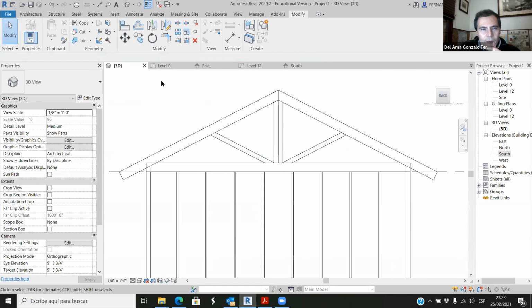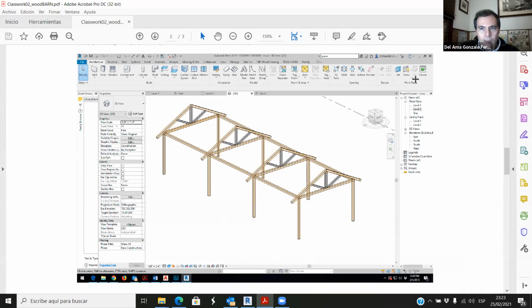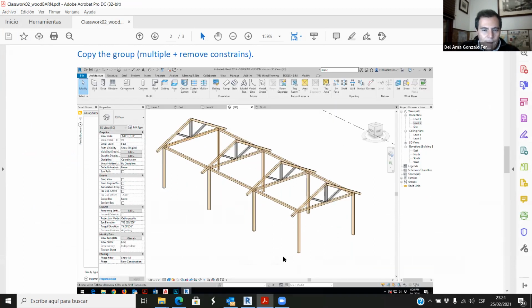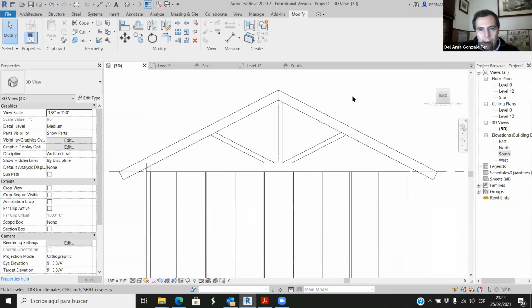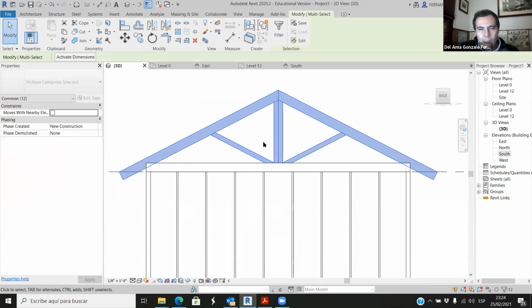Okay, so now we can do it again, because we have to place 1, 2, 3, 4 traces. We can do it in, but I think it's better if we copy. But if we copy an element that is made of different elements, I think it's even better if we create a group. Okay, if we select everything, because this is what we want to copy, and